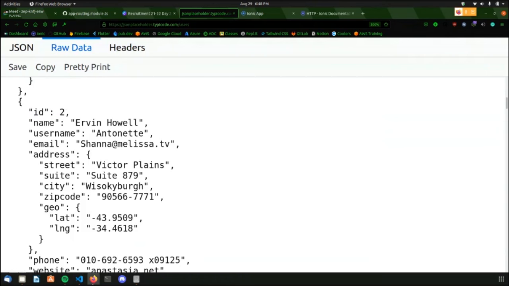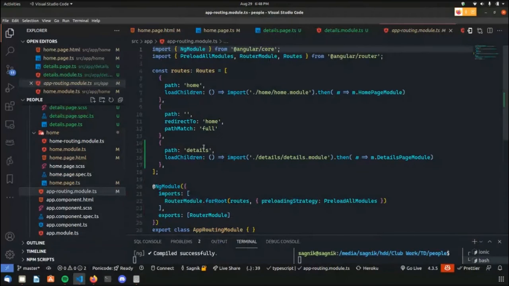No two people share the same ID. So that's why I'll be just passing the ID here. To do that, I'll be creating a query here. To create a query, /: and ID. Whenever you write a colon, whatever you write after that becomes the query parameter. It behaves like a variable.